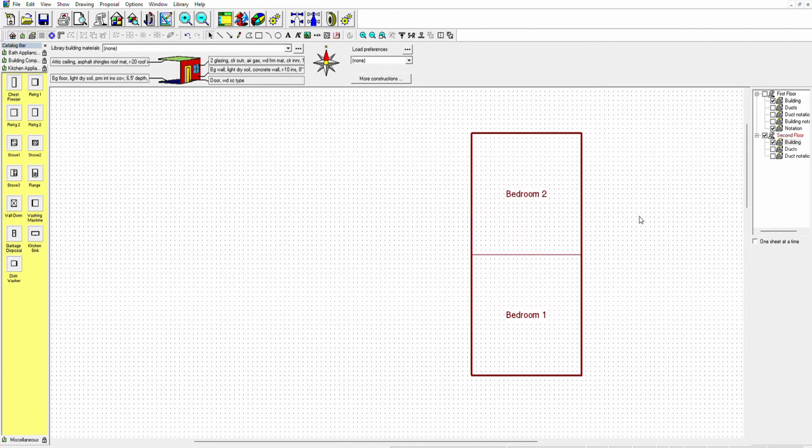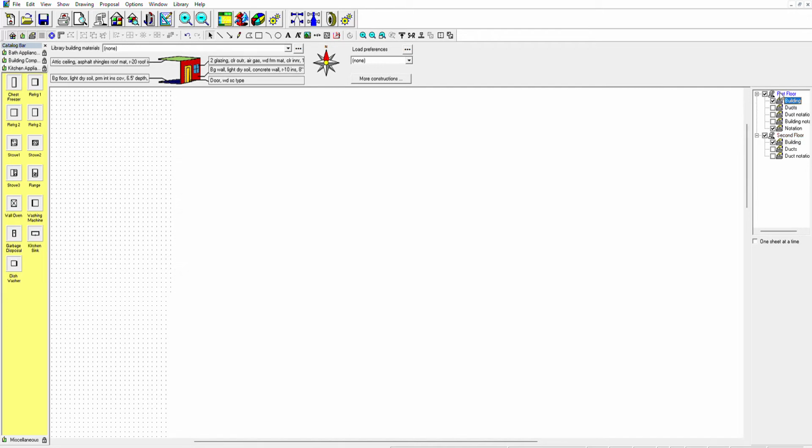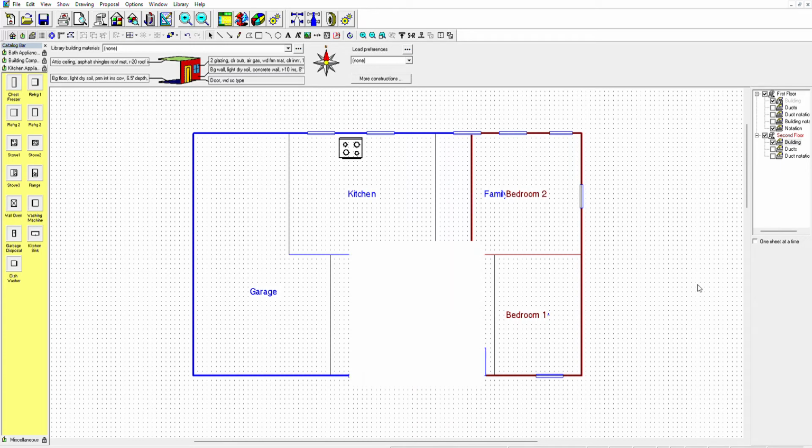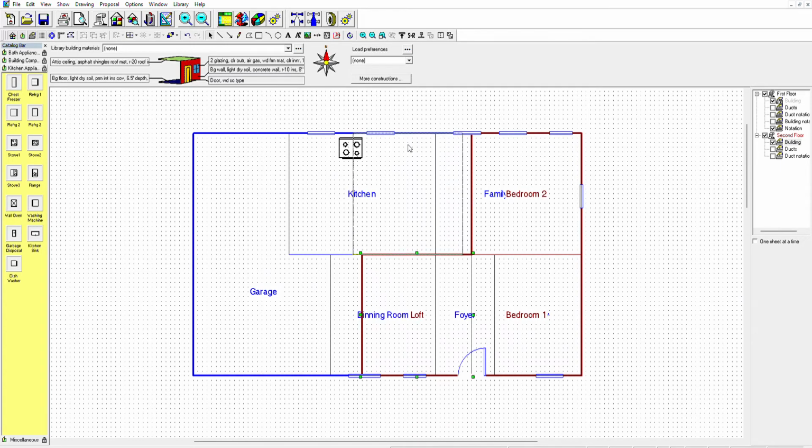Okay, and in some cases you have a loft in here. So I'm going to lock this, and then I'm going to put in here a loft. See, loft, and then I'm going to put right here a master bedroom, owner's bedroom, a big one. There we go. Owner's